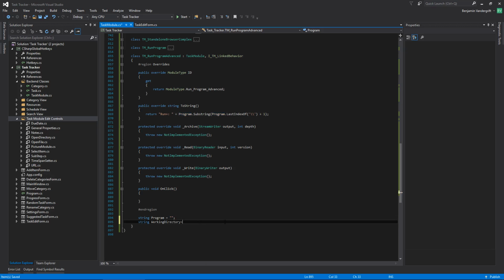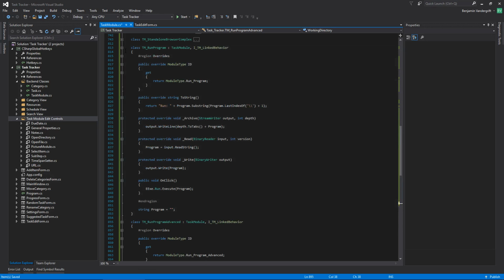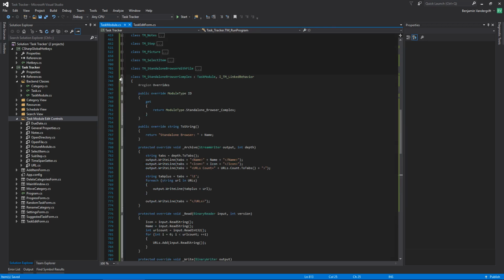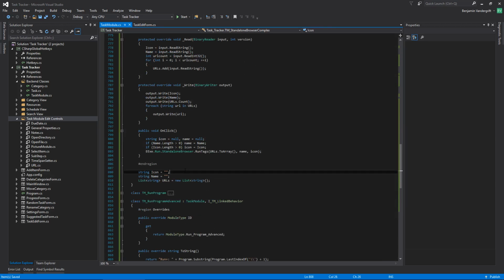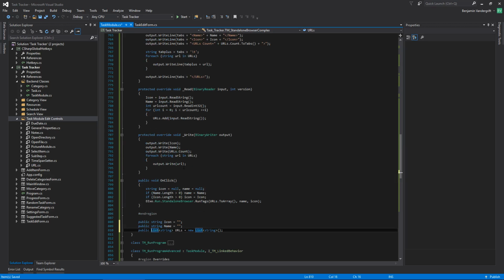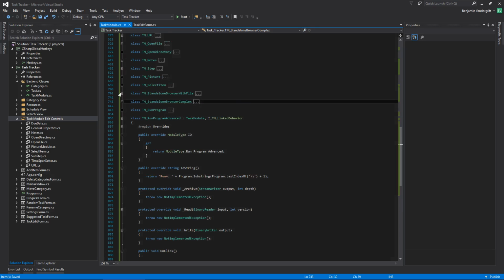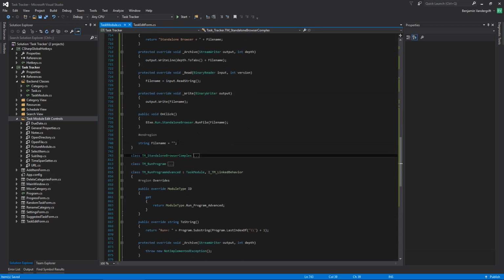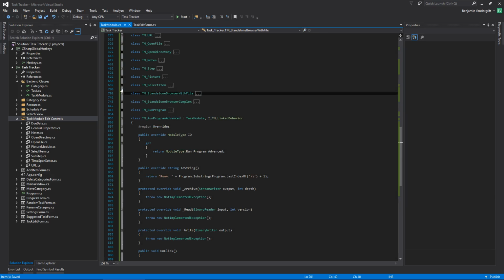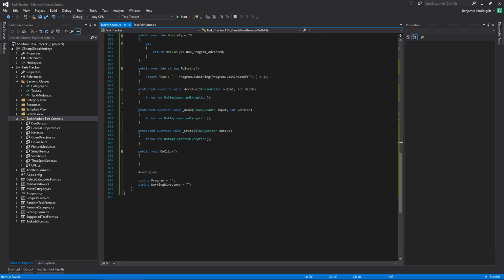working directory. Oh, I may have forgotten on a bunch of these to make them public. So I just remembered that. So I'm going to go back through these and make sure that I'm making these things public so I can edit them. If I don't make them public, then I will be a very sad person. Yeah, I just straight up forgot to make all of these things public. I've been kind of forgetting it the whole time as I've been working on it. Select item I've already done, so untested. But